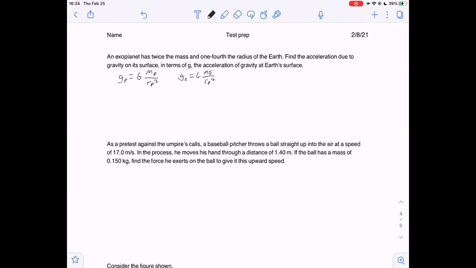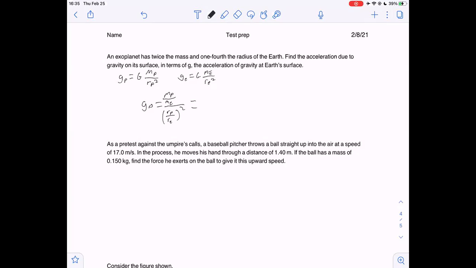Right? So whenever we set these equal to each other, we get gravity of the planet is equal to mass of the planet over mass of the Earth divided by radius of the planet divided by radius of Earth squared,